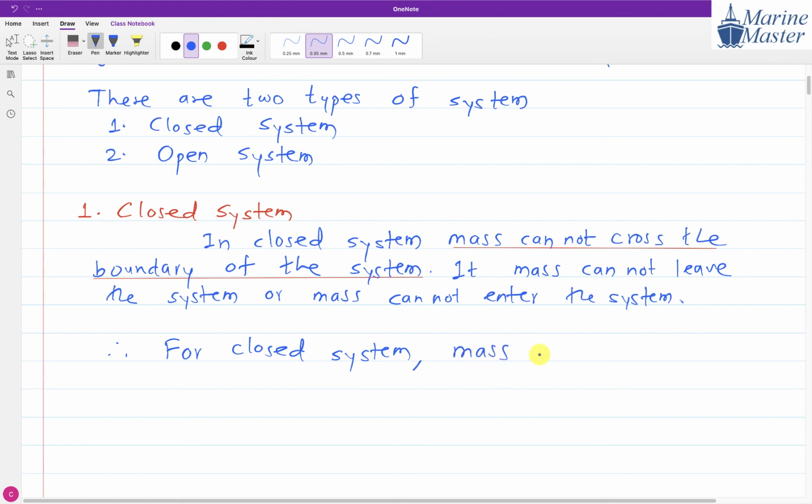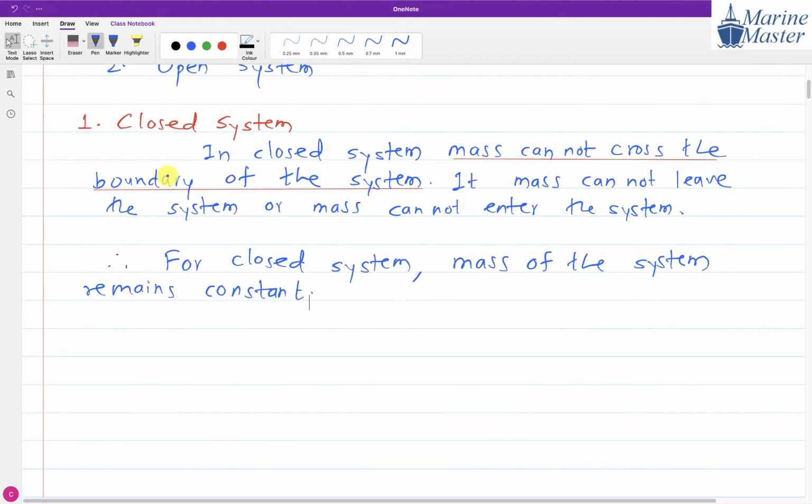mass of the system remains constant. That is the important thing. Mass of the system remains constant. And one important thing we have to understand, generally, all the systems that we are going to study,